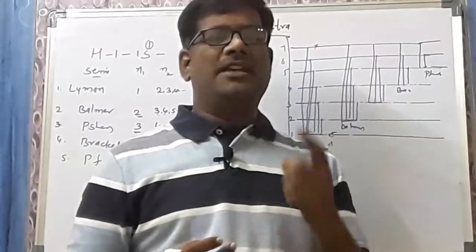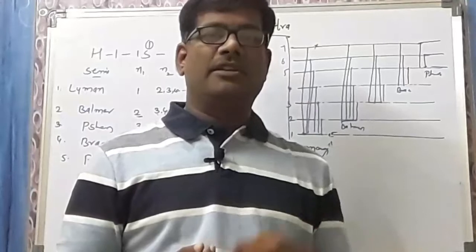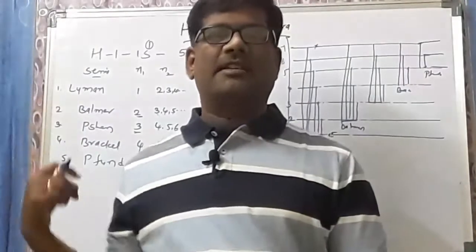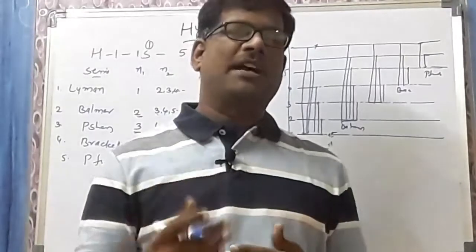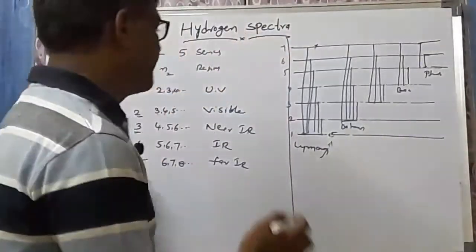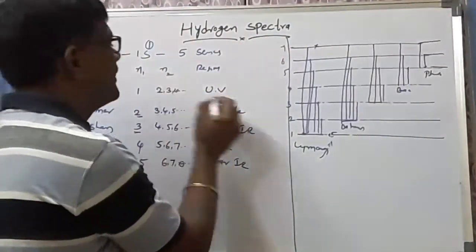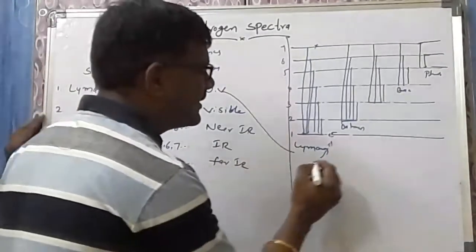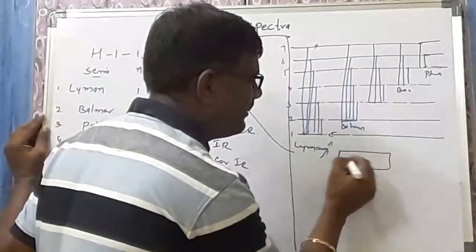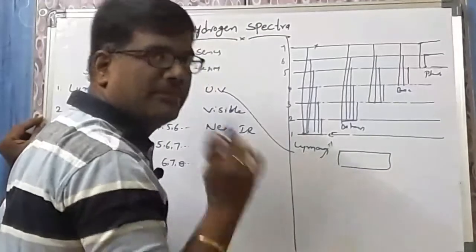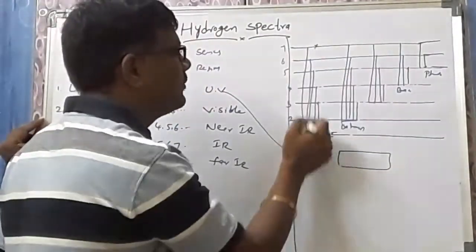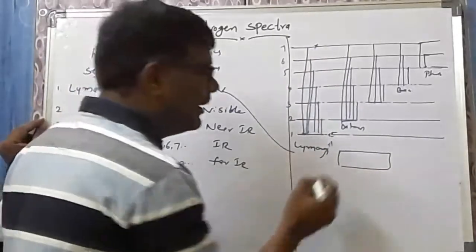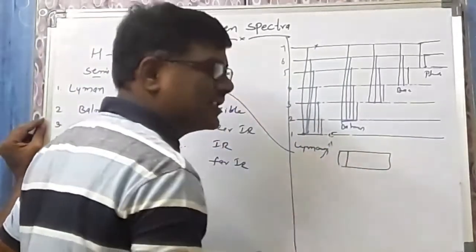So like this, hydrogen has only one electron. Even so, if you observe the spectrum, you will have five spectral series: Lyman, Balmer, Paschen, Brackett and the Pfund series. Now I am taking the Lyman series, not the entire spectrum. In the Lyman series, how many lines will you get? Plenty of lines: 7 to 1, 6 to 1, like that you will get. But the first line in the Lyman series is called